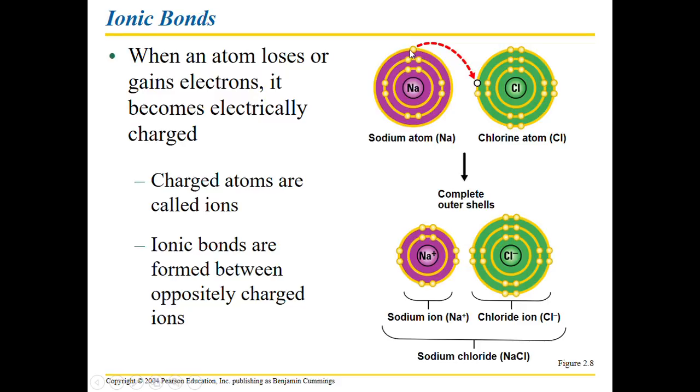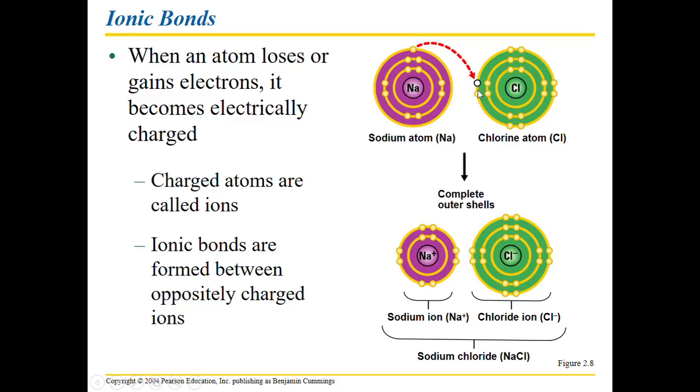So in sodium, we have this third outer shell. So we have an inner shell, a middle shell, and an outer shell. Well, remember, anything except for the inner shell can have 8 little spaces filled up. This one only has 1. So the outer shell can either lose 1 electron or gain 7 to fill it up. So losing 1 would definitely be easier than gaining 7 different ones to fill it up. So what does the sodium do? It loses 1